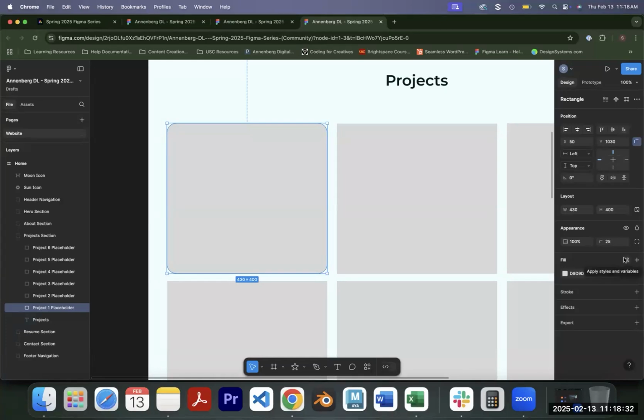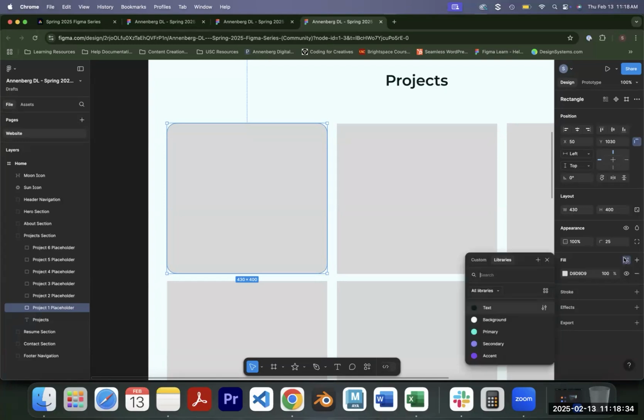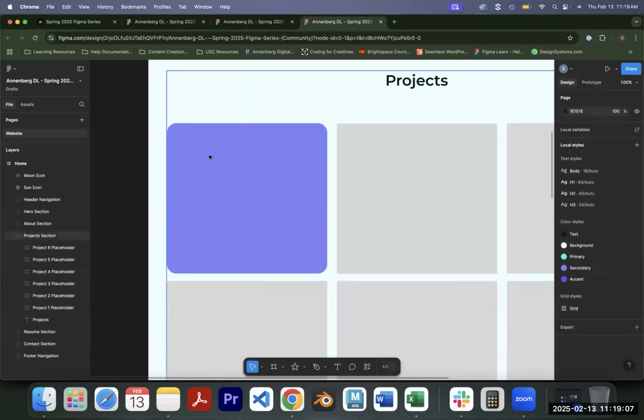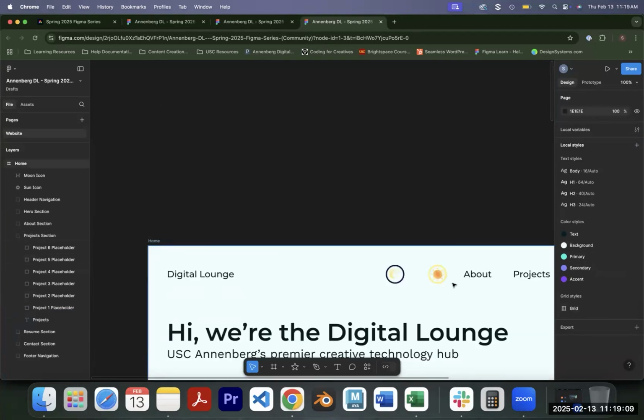Yes, perfect. There's 4 little squares. You click here, and then you can select one of those colors that I set up for us. I'm going to choose secondary. And then our idea for our project card is the same as last week, where we have this image at the top half. And then in the bottom half, we have the project name, the description, and a button that says view this project. So I'm going to go back and turn on our grid as we start doing layout